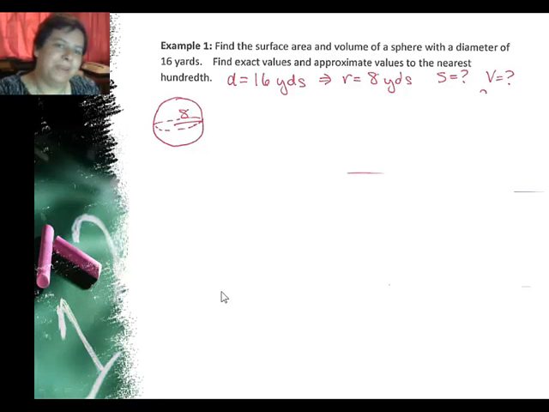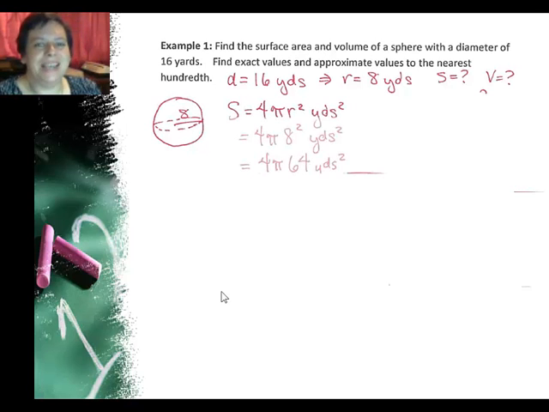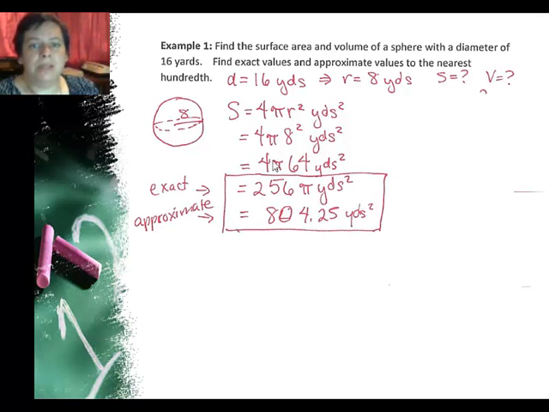So actually I'm going to draw the picture here. You can see the radius is 8. There's the formula for surface area. This is straight from the math chart, except for the yards, the units. And I substitute in the 8 for r. 8 squared is 64. I can multiply the 4 and the 64, and that gives me 256 pi. So this is the exact answer when I still have the pi there. And then when I use my calculator, I approximate, and I get 804.25, or 804 and 25 hundredths of a yard